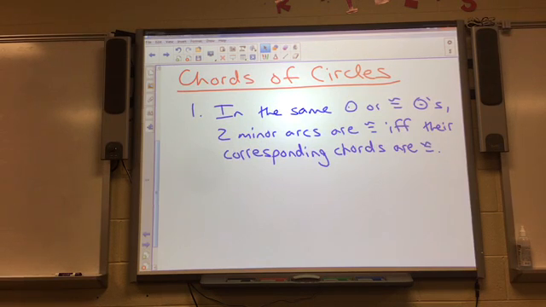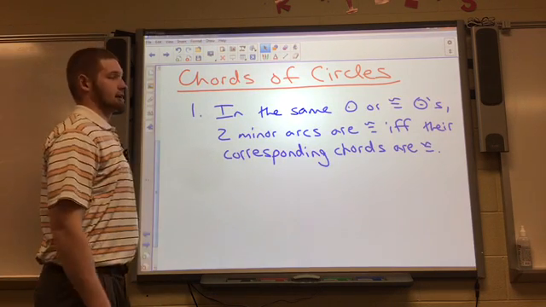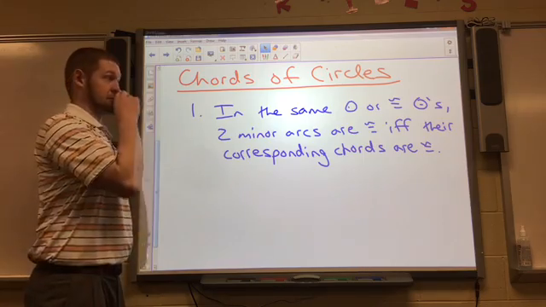In the same circle or congruent circles, 2 minor arcs are congruent if and only if their corresponding chords are congruent. Okay, now this diagram is going to stand out to you guys, I think,